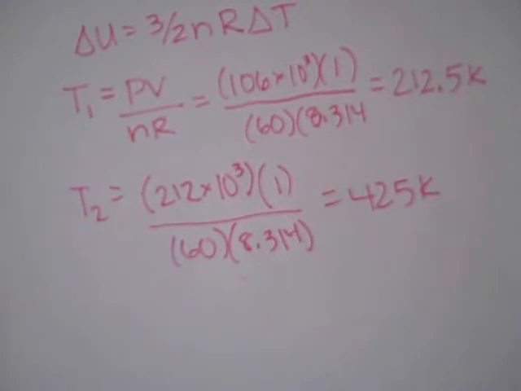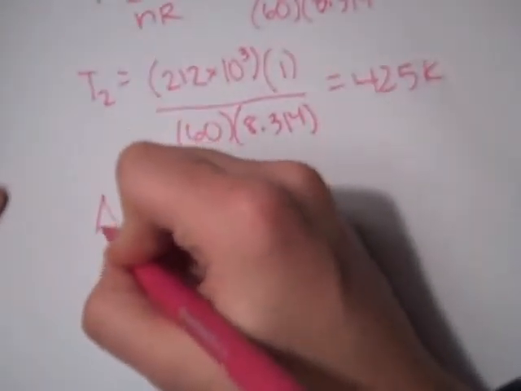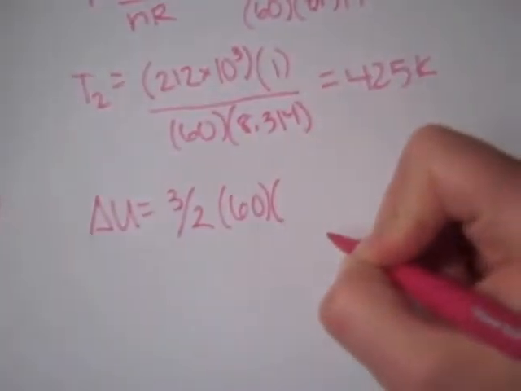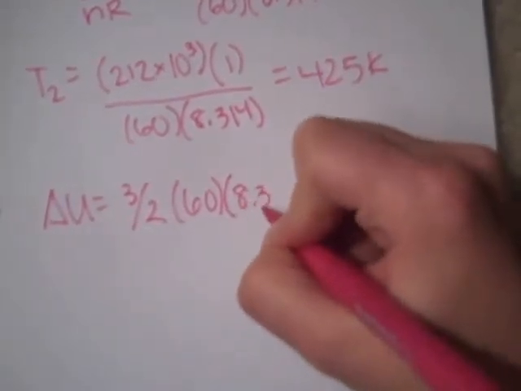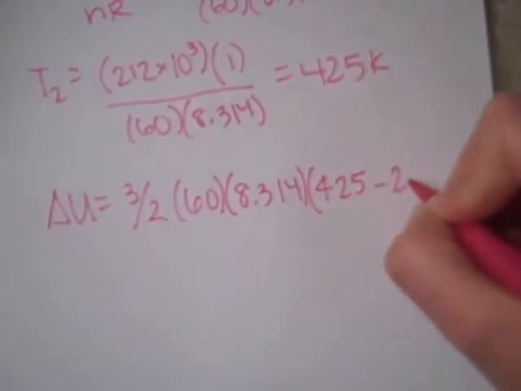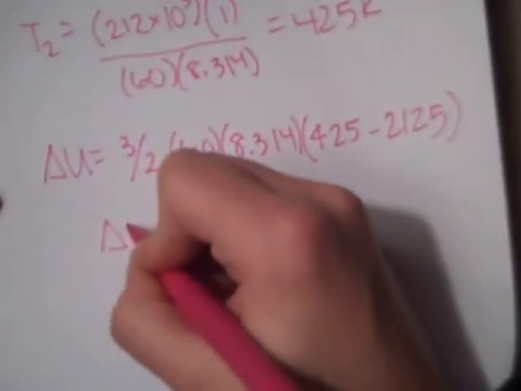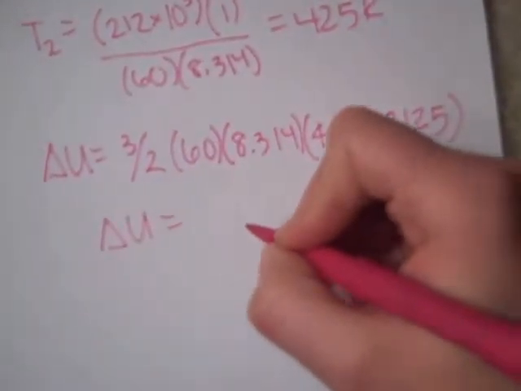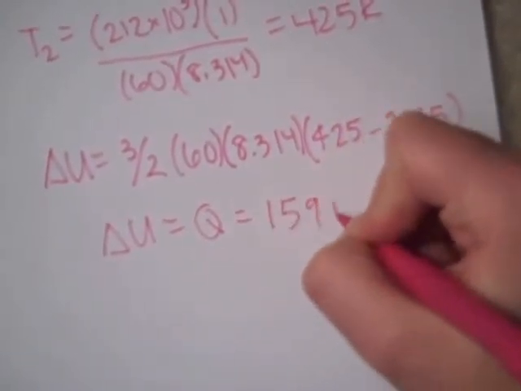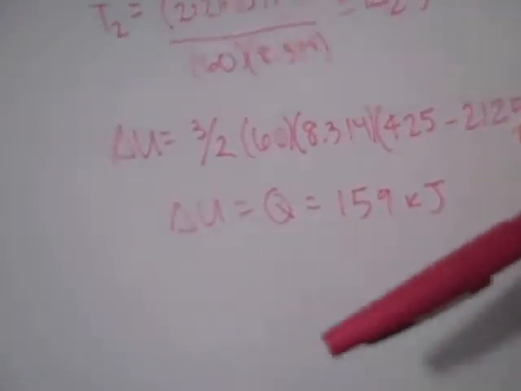Now what we're going to do with those is go back and put them into our delta T equation to find change in internal energy. And we'll get delta U equals 3/2 times our number of moles, which is 60, times R, which is 8.314, times your change in temperature, which is 425 minus 212.5. And we will get a change in internal energy, which remember is the same as Q, which is what we're trying to find, of 159 kilojoules. Now, this is only for process 1. For process 2,